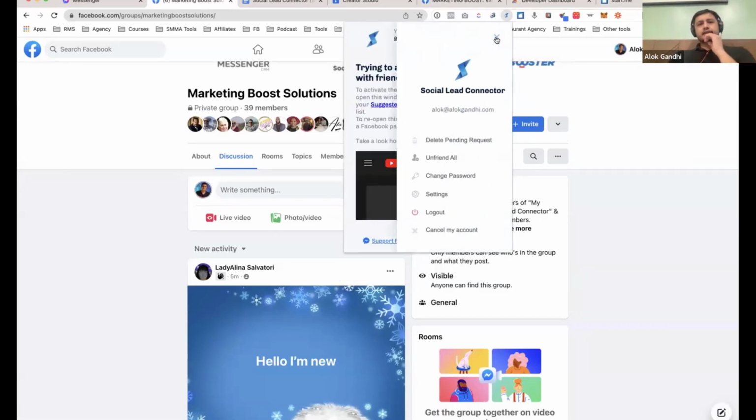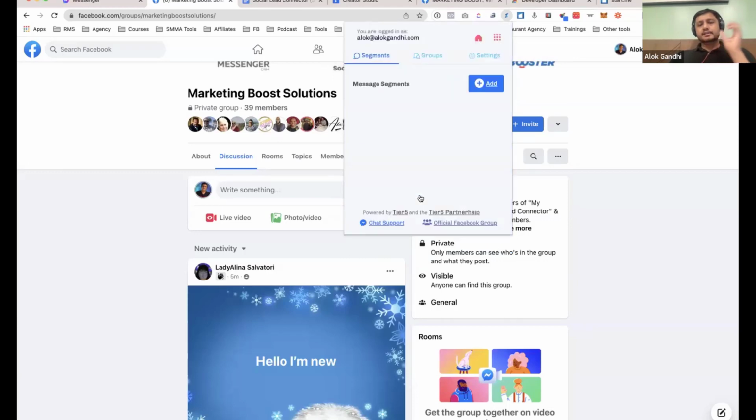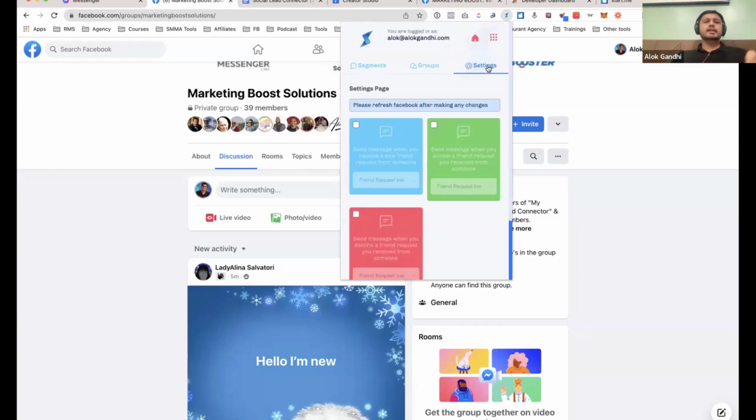One more thing I want to make sure of. Things in Facebook break every time because we're working with a tool which works on Facebook, and Facebook is a company with all the resources and they are updating every single time. They call it the DOM structure. The way you see Facebook out here is called a DOM structure, which changes quite often because they're every time testing new stuff. If any feature breaks, just reach out and we're going to make sure we see if we're able to solve that or not.